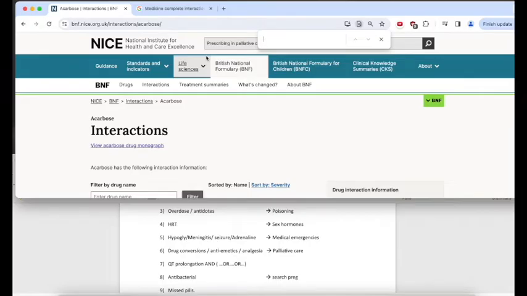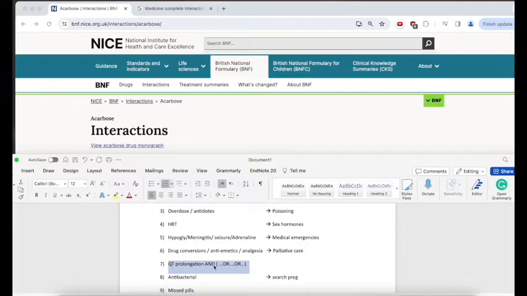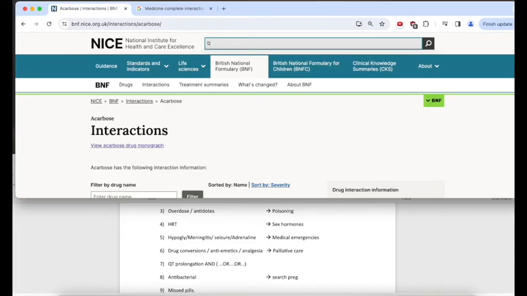So for interaction, I really recommend you use the Medicines Complete, because this might be a little headachy. Regardless, if you wanted to know, for example, which of multiple drugs cause QT prolongation, this is how you search it. You literally type in QT